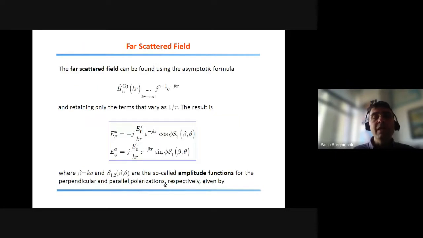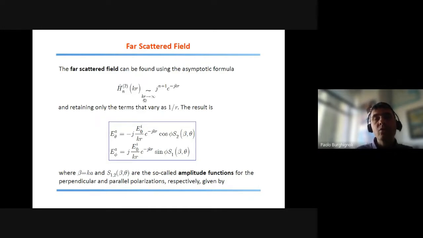Okay, having said that, we know everything, so the scattered field can be analyzed, and for instance, we may study the scattered field very far from the sphere, so the far scattered field. To do so, we need to consider the asymptotic behavior of the functions that express the radial dependence of the scattered field, in particular of this modified spherical Hankel function h,